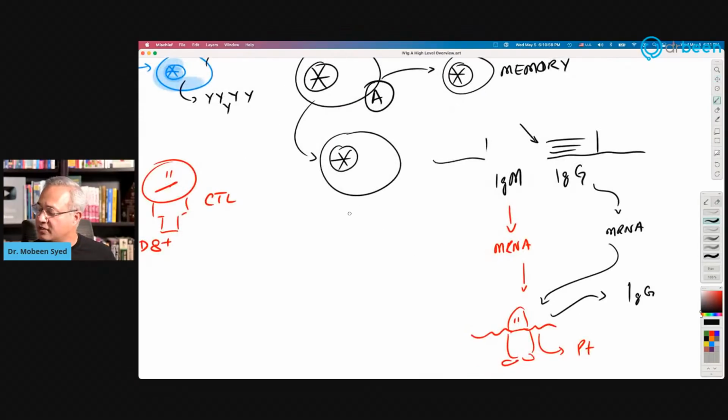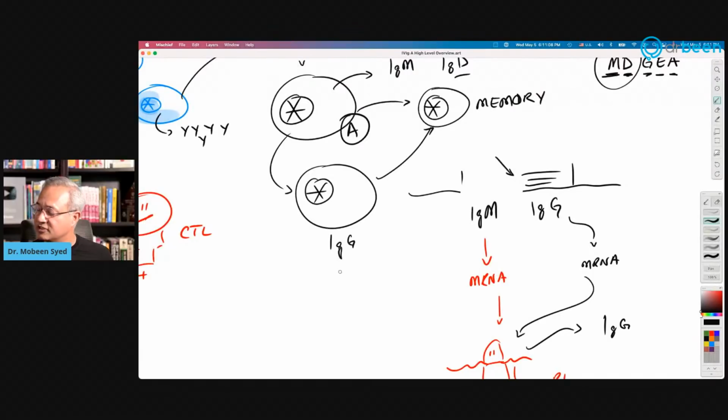So from here, we class switch. If you see back here, we class switch to another B cell, which would now start making IgG. We will make memory cells of this as well, so that in the future, when we need, it can rapidly start making IgGs. So for example, in my case, I got my shot this morning, second shot, and people are